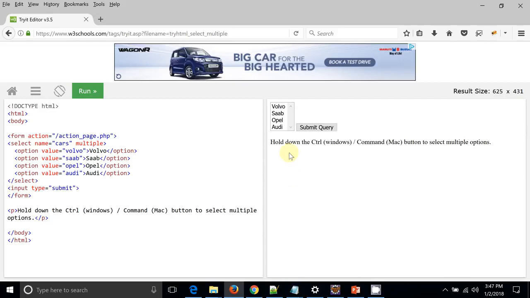Now let me show you on the UI how we are going to achieve this. This is the multi-select list box. If you press the control button and click on an item present in the list box, you can see Volvo got selected. I will do the same thing on the Opel. So this is how you can multi-select values from the list box, and we are going to achieve the same thing with the help of Selenium. So let's try to do that.